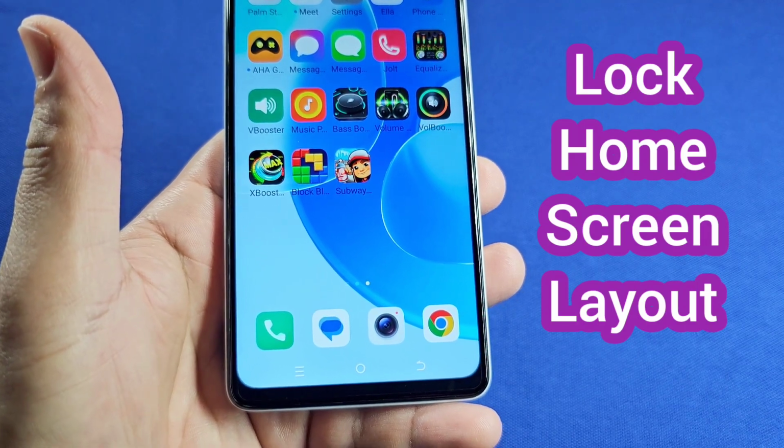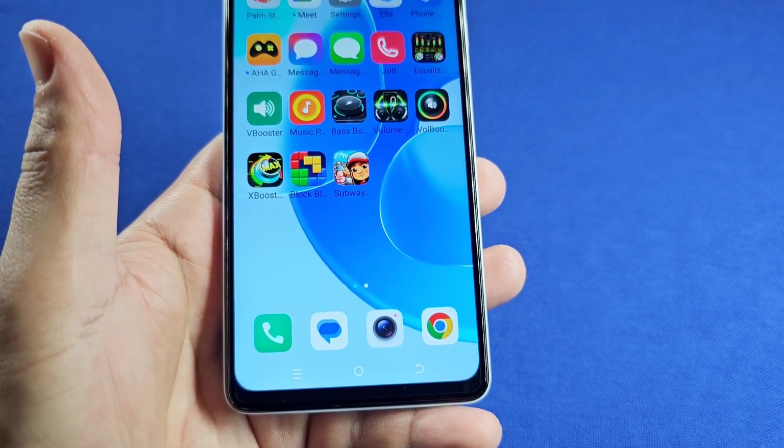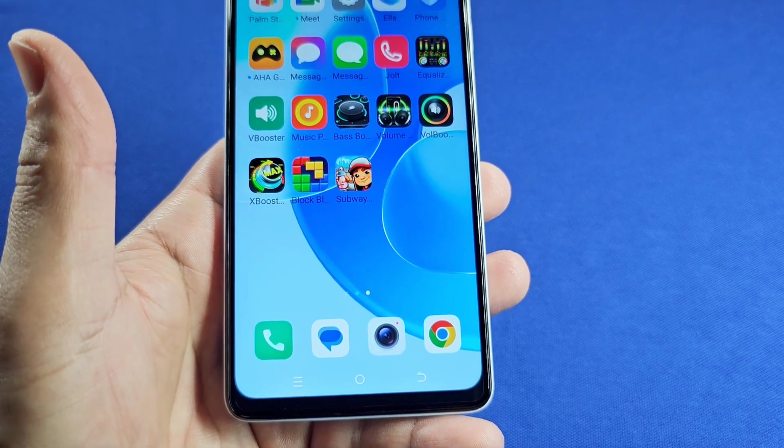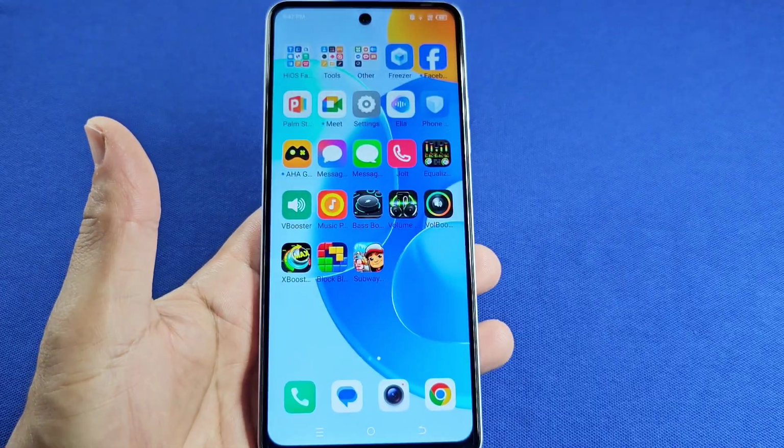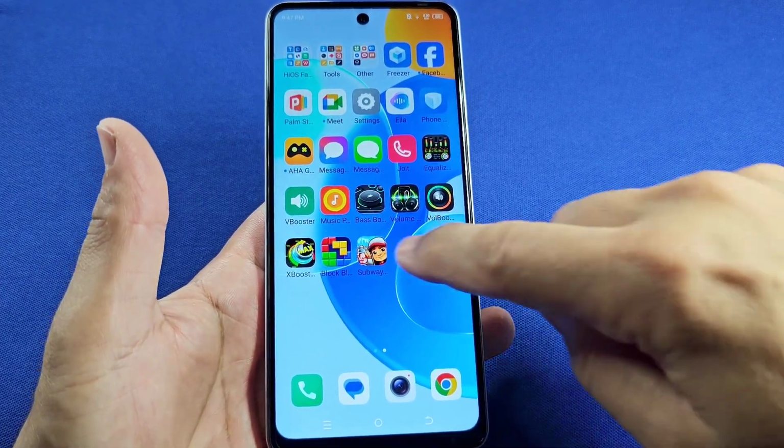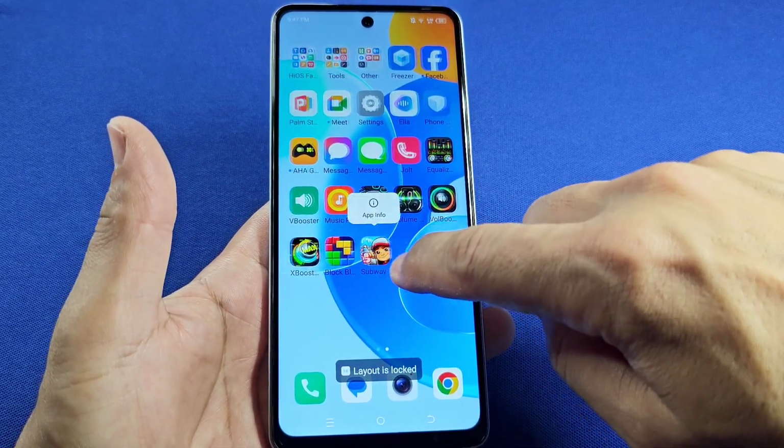Here's how you can enable the lock home screen layout to prevent apps from moving around, prevent widgets from moving around, and this is for the Tecno Spark phone. So if you don't want your items moving around, let's just say you do that and you want to get that lock here,